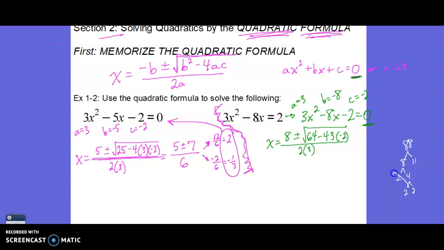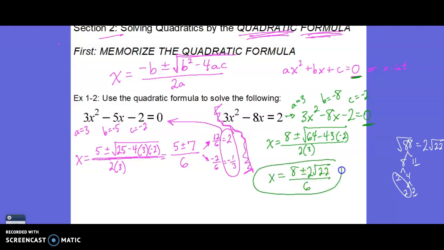So the square root of 88 is equal to 2 square root 22, because there's one pair of 2's and all of the other leftovers get multiplied. So the answer I would like to see is x equals 8 plus or minus 2 root 22 all over 6. And I'm going to let you leave your answer like this,